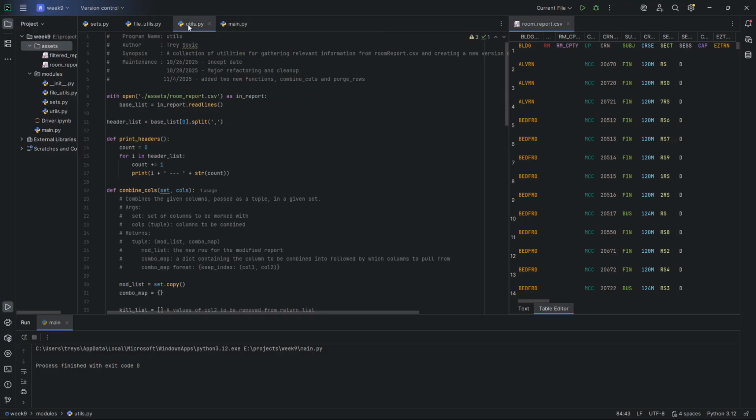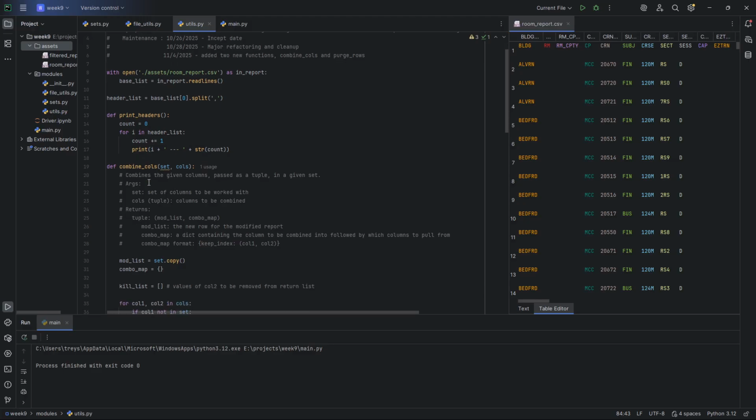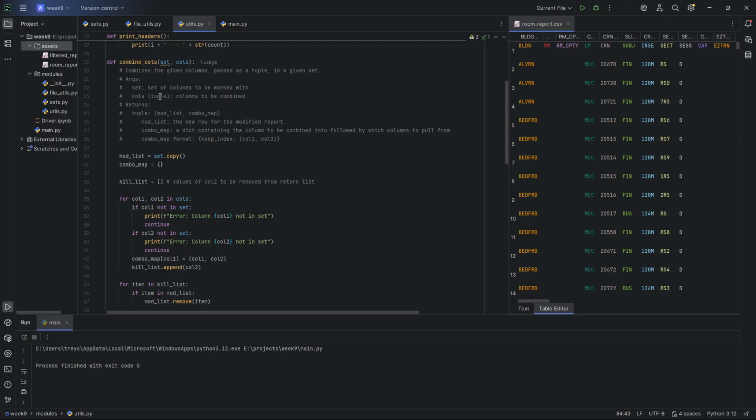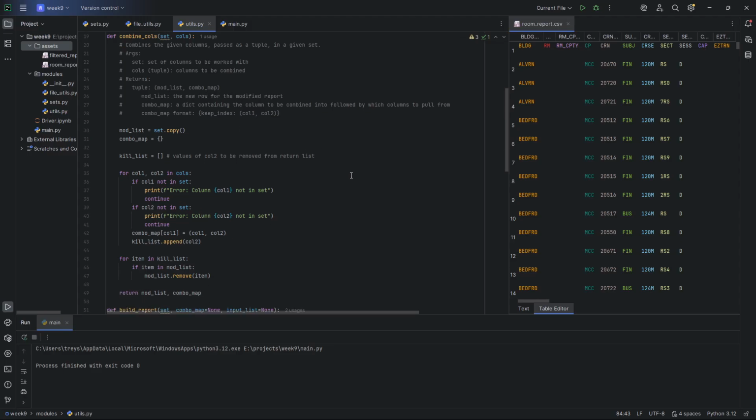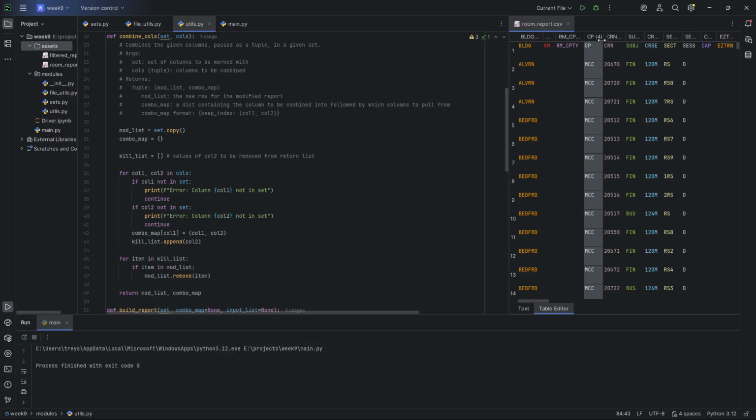So first of all, in utils, we added two new functions. We've got combine calls, which is our function to take any two columns and combine the information within. So we're going to use that to combine the CRN and the subject here, because they're related pieces of information, and it'll be more useful to have them in one column. So anywho, the way that we do this is we make a